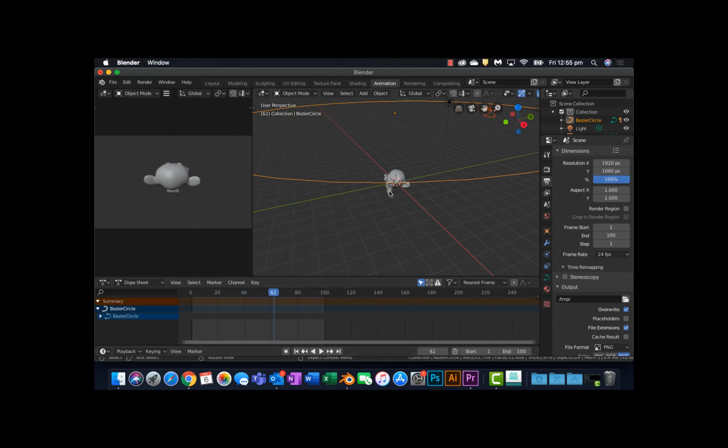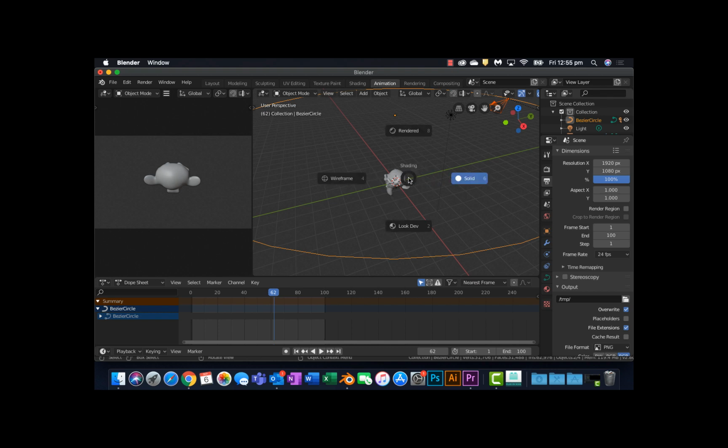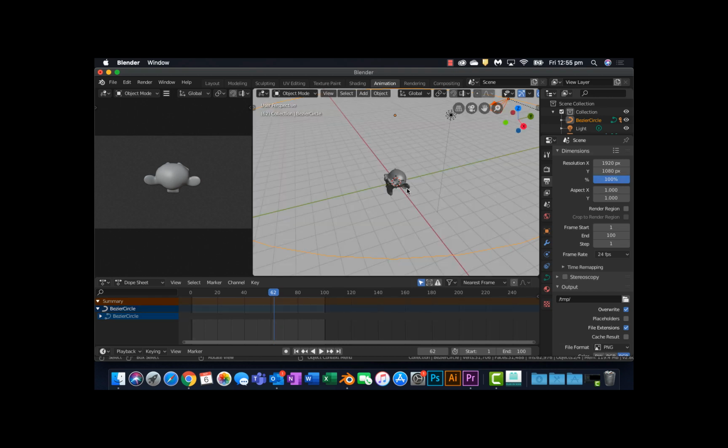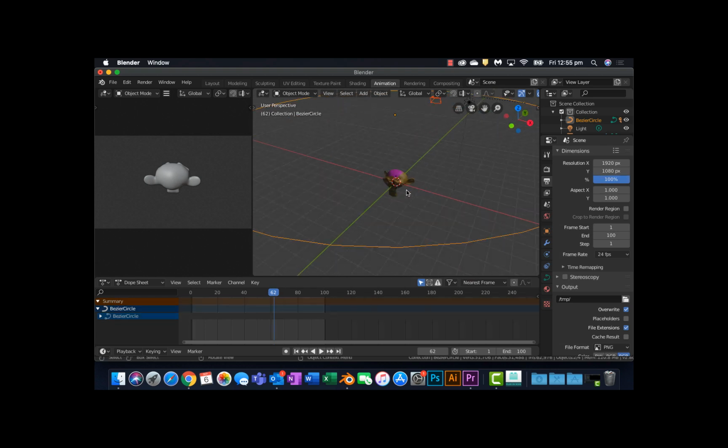Now I need to check my lights. If I don't have lights, I can't see. So I need to see what it looks like under rendered mode. So hovering over here, I push Z and I get a whole bunch of options. I'm going to click rendered. And I can see that I've got some good light on this side, but probably too harsh of a shadow